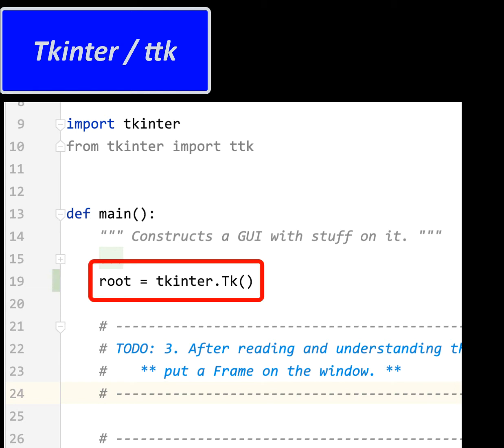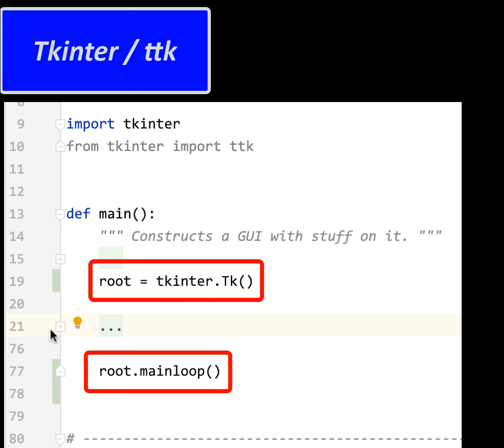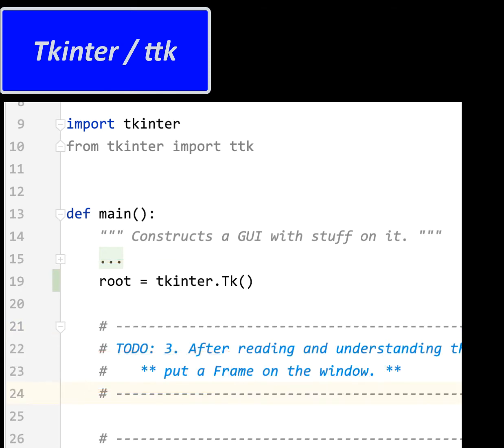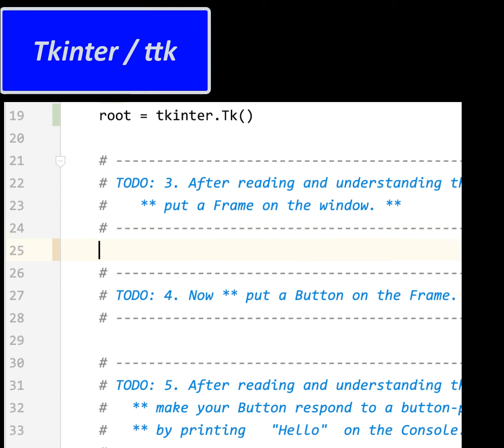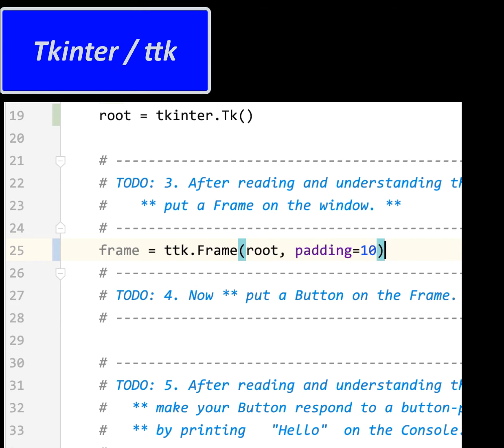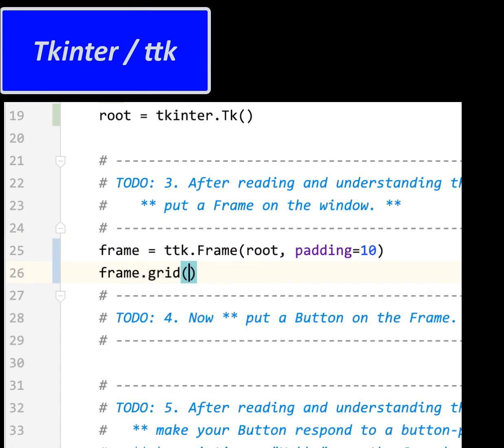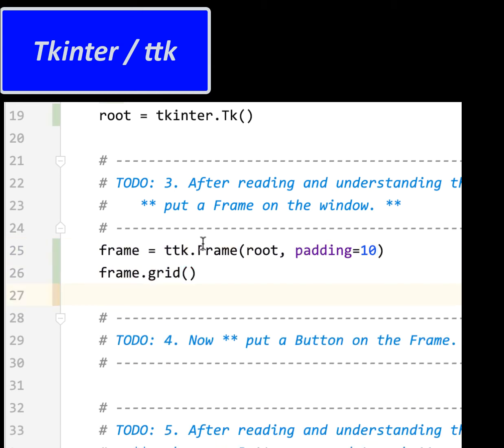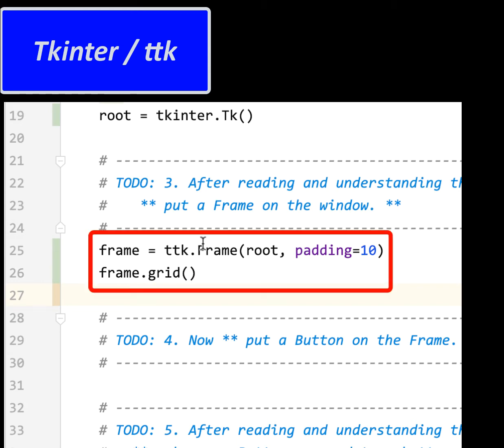We had a Tkinter TK object, and then way down at the bottom, that object had the main loop applied to it. Now we're to do to-dos 3 and 4. To-do 3 says to put a frame on the window, so here I'm making a frame, a TTK frame, and I'll put it on the root with padding 10. We'll experiment with different padding in a moment. I have to grid the frame to make it show up,